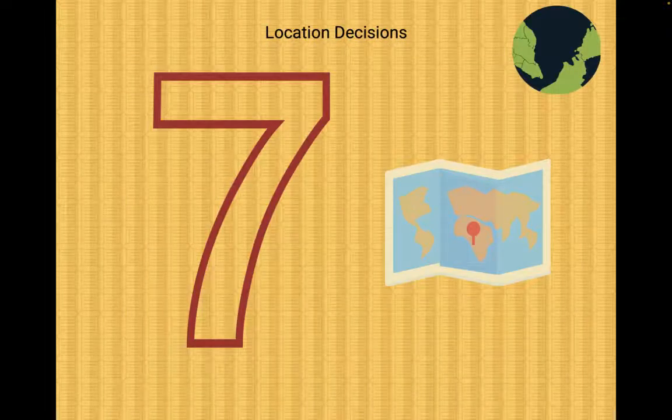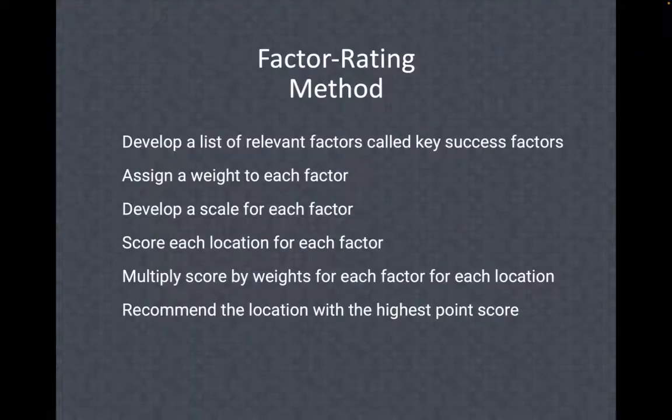So those are the 7 major factors. Okay, we had grouped some of them at the end there. Let's talk a little bit about the factor rating method. So this is another way just to help you make a decision. In a sense, you're trying to quantify the factors, and you're basically weighting or prioritizing which factors are most important, and ultimately you're trying to rank or score, making a decision on where you might want